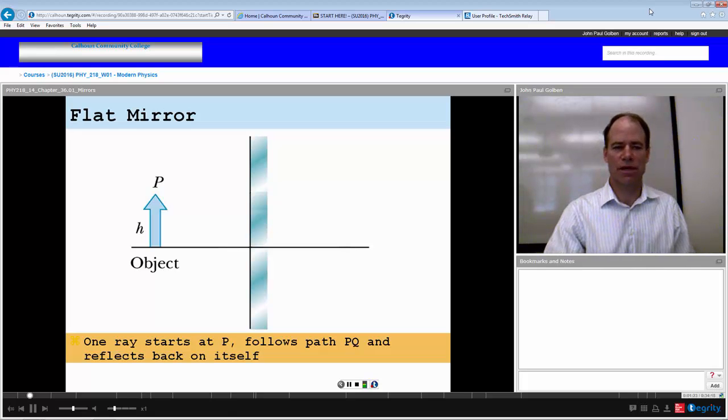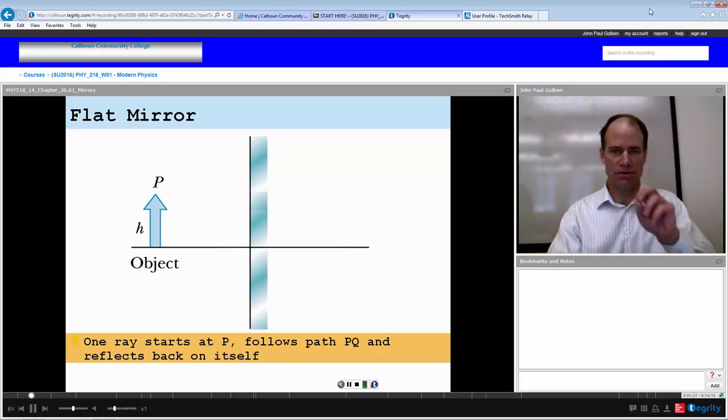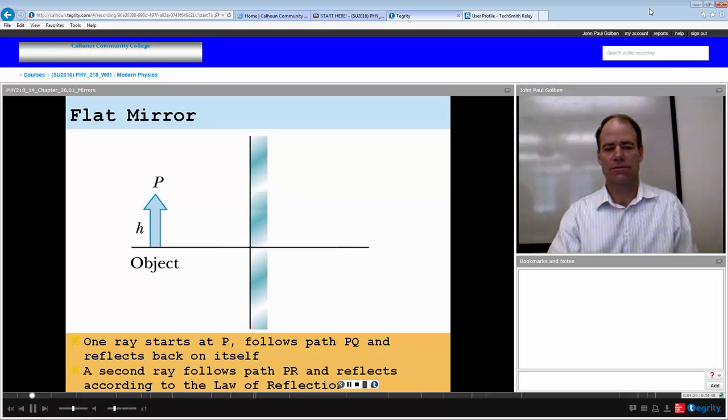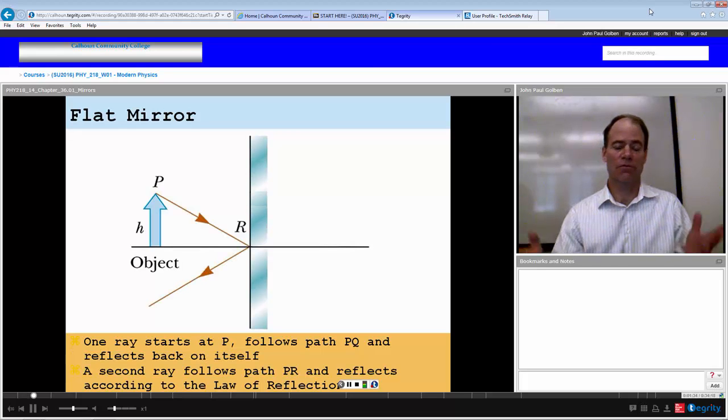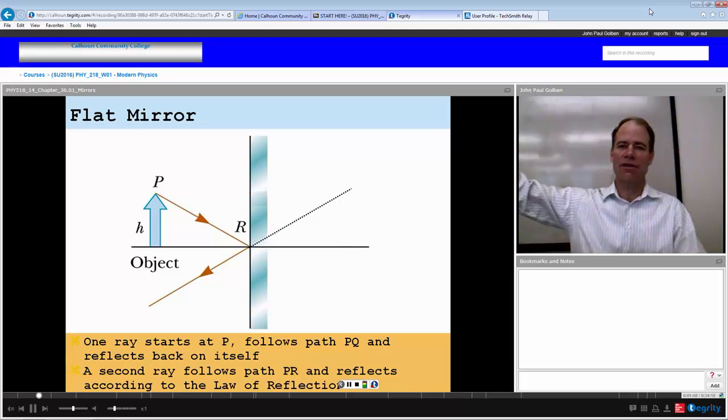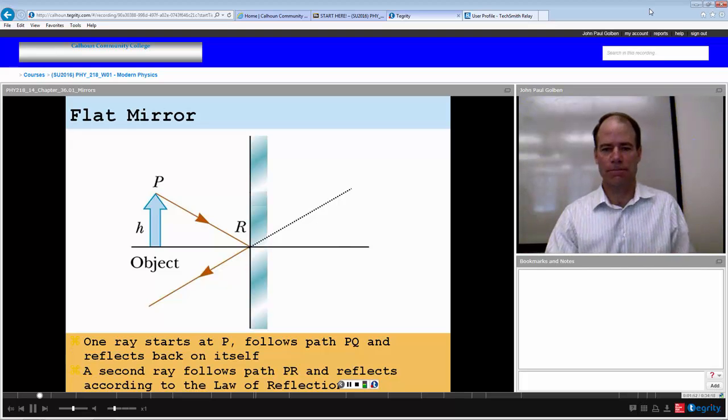Let's try another ray of light from point P, and we're going to have it reflect off the middle of this mirror. And we'll prove later that the angle of incidence will equal the angle of reflection. So this angle that it hits with is going to equal this angle that it comes out with. And if we follow this reflecting ray back, it's going to appear to come from behind the mirror in some direction. If we take these two rays and follow them back,